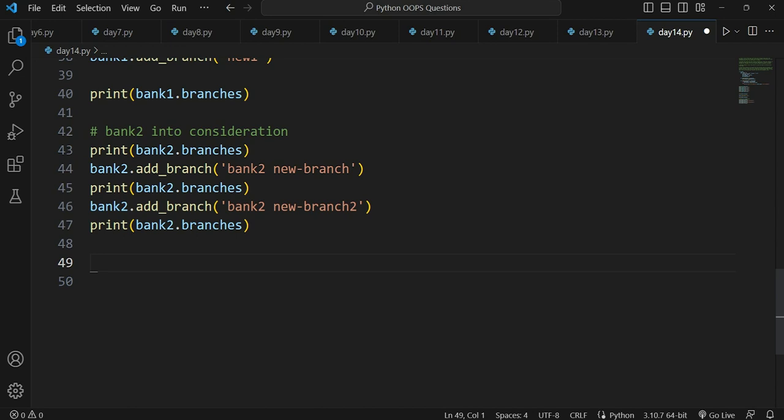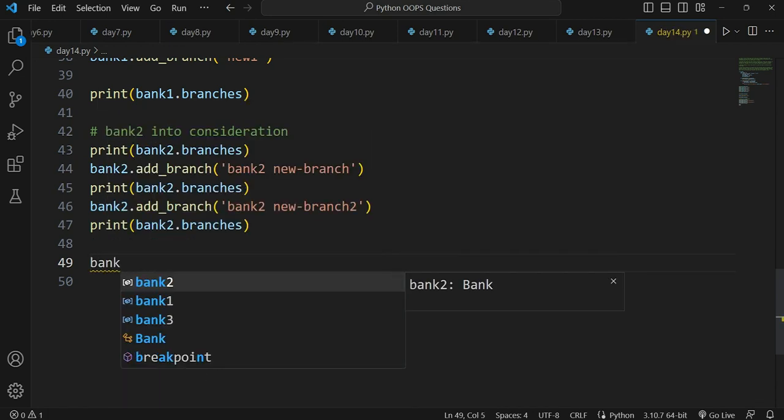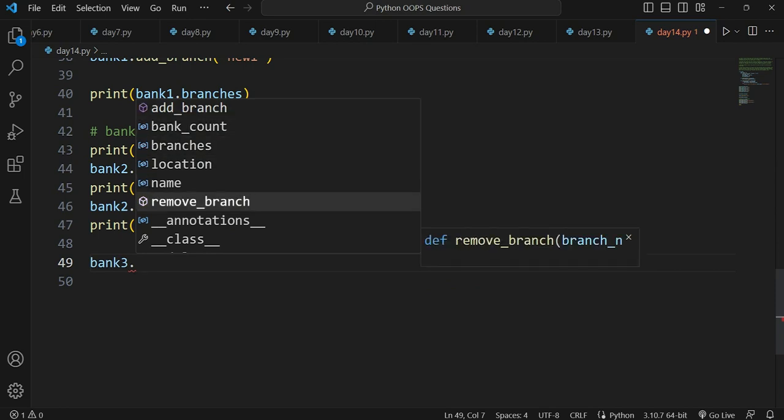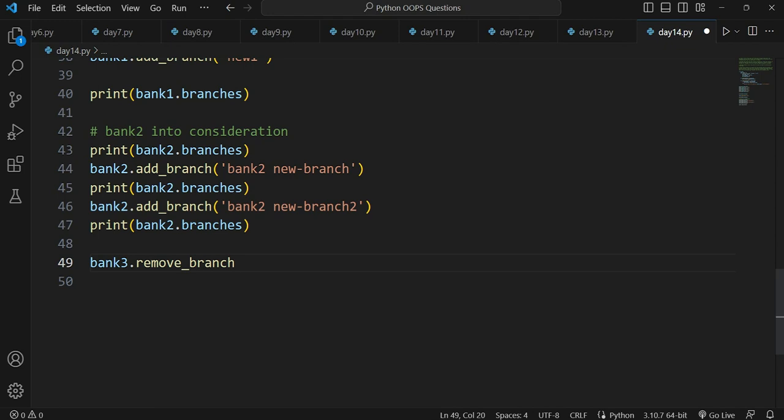So let's say I have bank 3. First of all, I will just check if its remove branch is working or not. Let's say I want to remove a branch, remove item number new one.